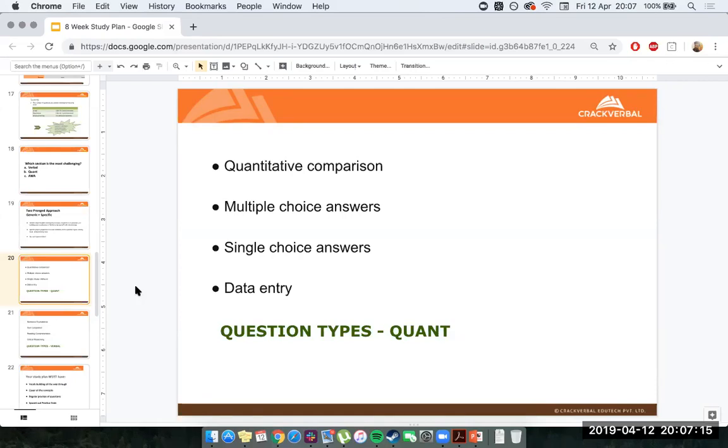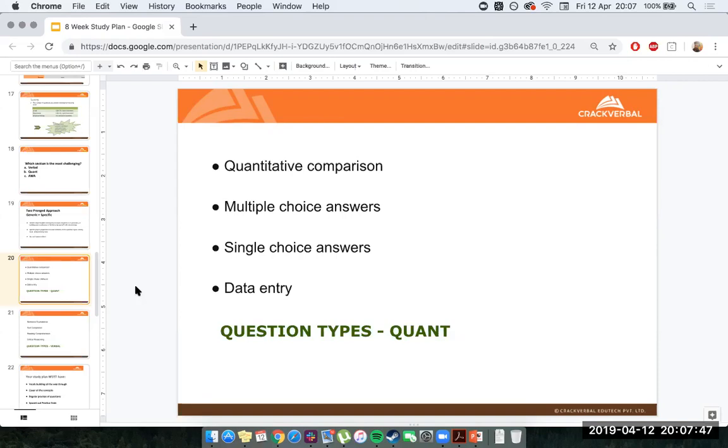Single choice answers. Within multiple choice answers, you really have 2 categories. You could have answers which have 5 options and just the 1 answer is correct, as could be described by single choice. Or you could have an answer with multiple options and many of the options are correct. So you could have A, B, C, D, E, but A and C and D are all correct. Lastly, you could have data entry, which is essentially just saying you got to answer it yourself. You got to type in a number yourself, right?